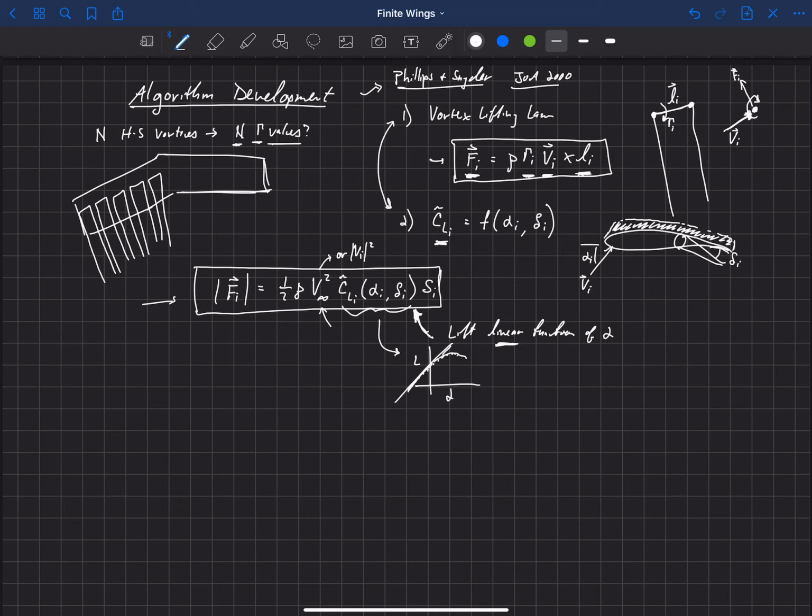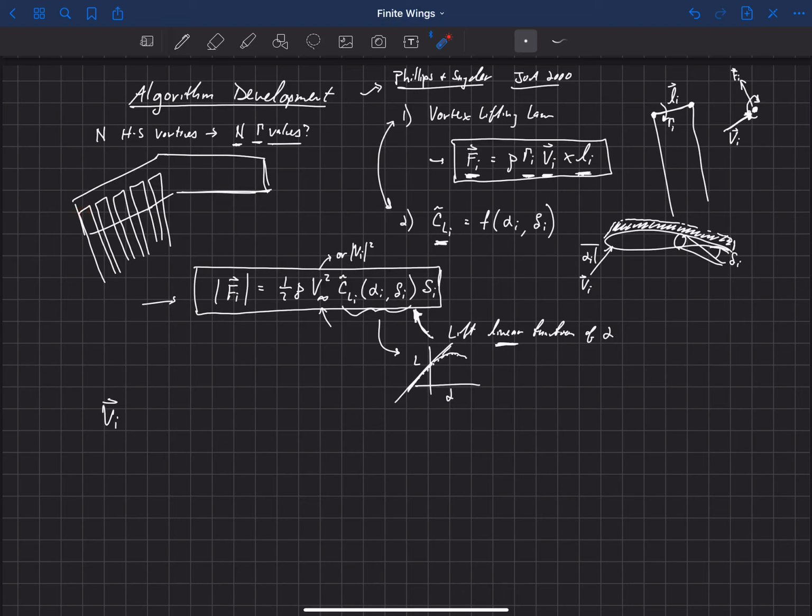One thing we haven't defined here is V sub I, our induced velocity at this horseshoe vortex. So for example, from the vortex lifting law, we need to know what our local velocity is. And depending on how you treat this, we might need to know what the local velocity is. Certainly, to get the local angle of attack, we also need to know the local velocity. We'll talk about that in just a moment. So anyway, we need to know what the induced velocity is at one of these horseshoe vortices. And actually, it changes along the length of this because that induced velocity depends on the influence of all the other horseshoe vortices as well as the free stream velocity.